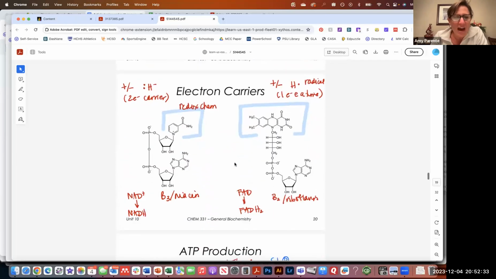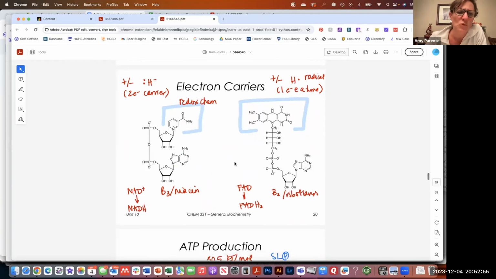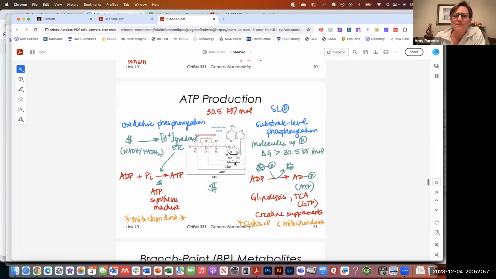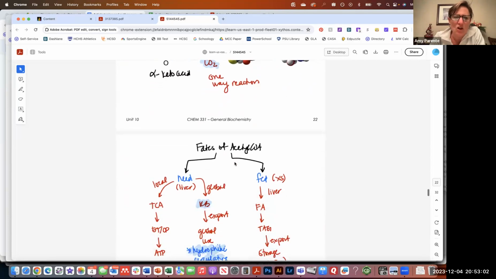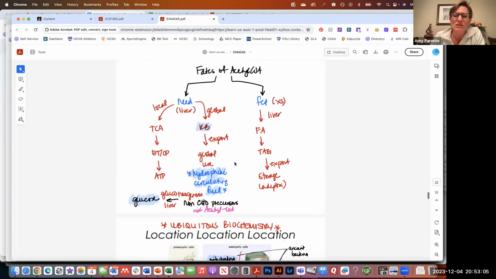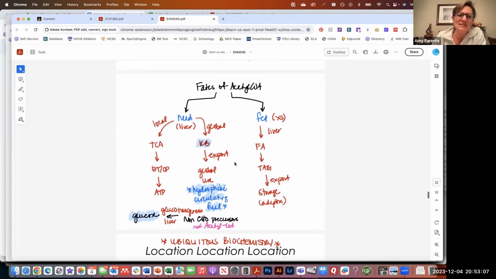And a lot of this are things that we saw someplace else, but since they have a home in this learning unit, we've sort of pulled all of these pieces together. So a lot of the stuff in this learning unit is new, but a lot of it may be things we learned someplace else. It's like, hey, do you remember when we learned about this? It's got a home here, right? So that's the case with NAD plus and FAD, with ATP production. Cassie, hopefully that explains and answers your questions about branch point metabolites.